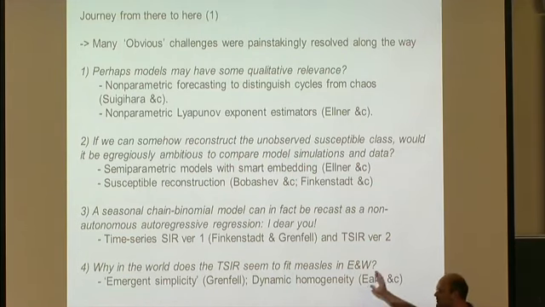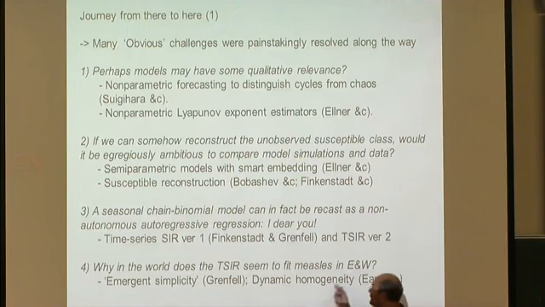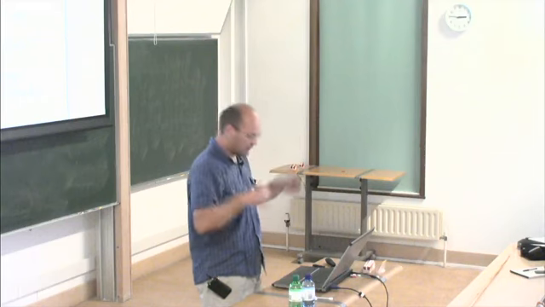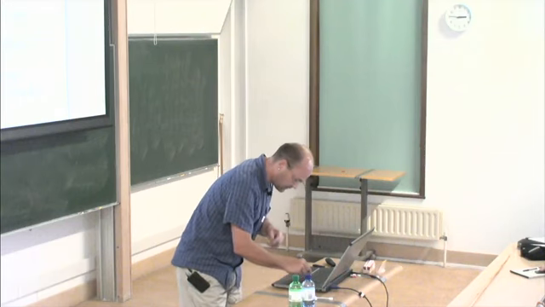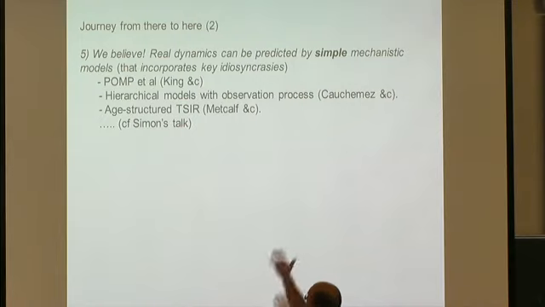and use it at all for prediction, which I think interestingly led to one of Brian's very many wordsmithings, which was the notion of emergent simplicity, and then the dynamic homogeneity of David Earn, just trying to think conceptually about why high-dimensional age-structured dynamics sometimes can collapse on something simpler. And then, of course, then we are